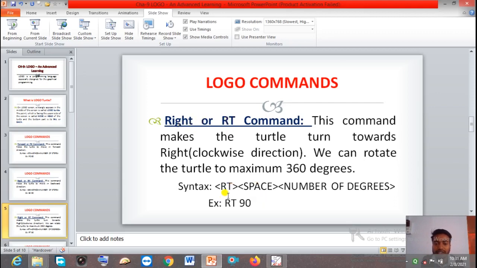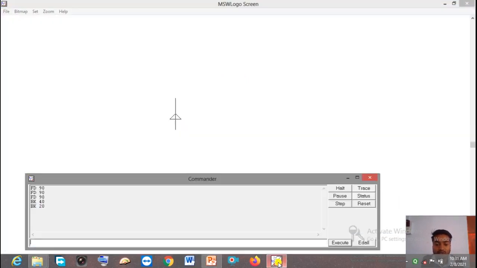Here you can see the syntax: RT, then space, then number of degrees. For example, RT, then space, then 90, and we can rotate the turtle to a maximum of 360 degrees. Let me show you the example.